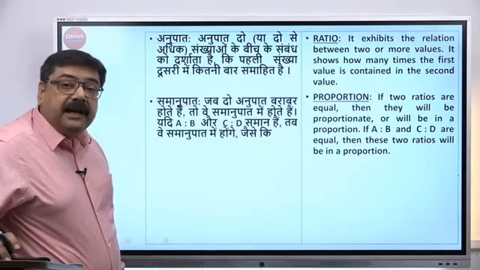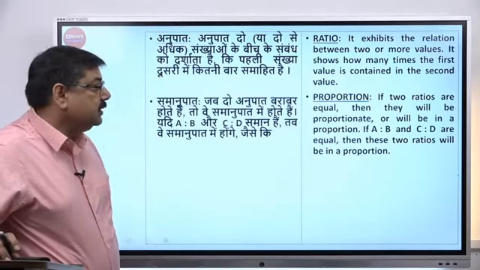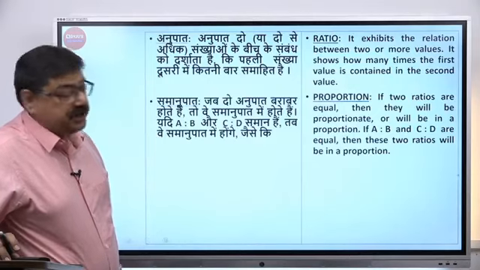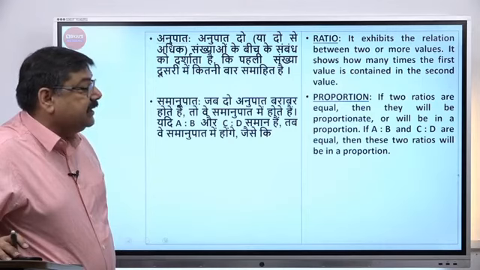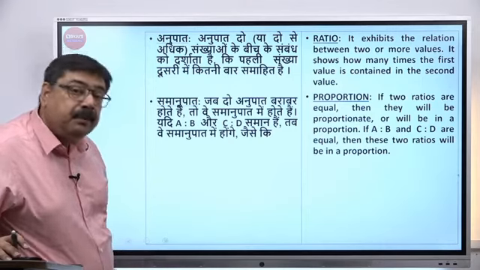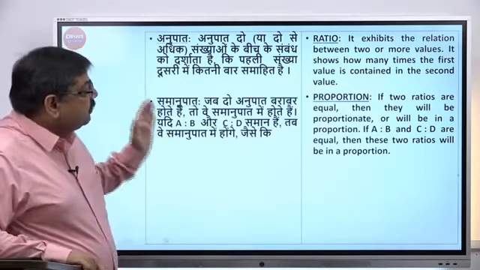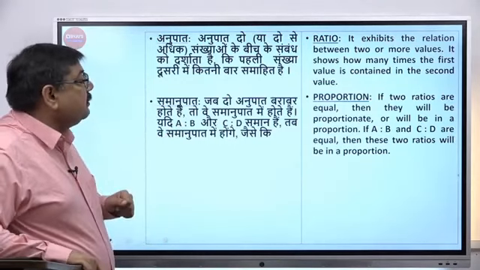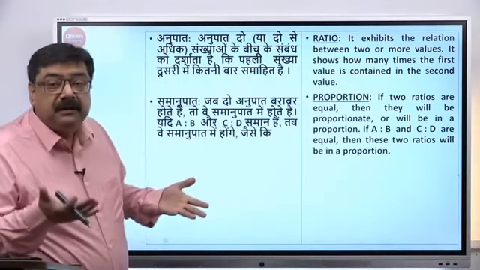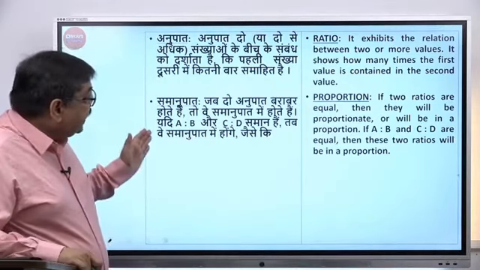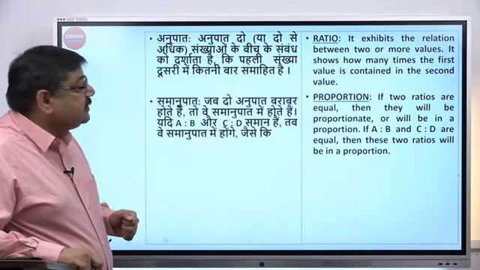If two ratios are equal, then they will be proportionate or will be in a proportion. If A is to B and C is to D are equal, then these two ratios will be in a proportion. जैसा कि मैंने आपको एक्सप्लेन किया था। तो समानुपात क्या है? जब दो अनुपात बराबर होते हैं तो वो समानुपात होते हैं। समान अनुपात मिलाकर बना समानुपात। यदि A सही B और C सही D समान है तब वे समानुपात में होंगे,